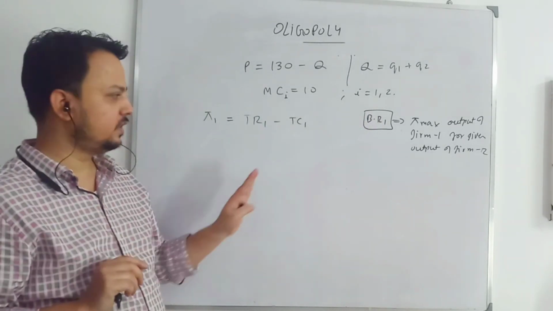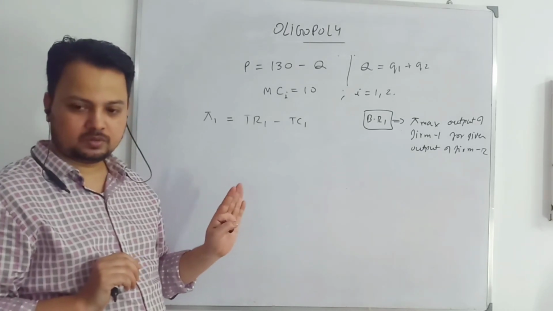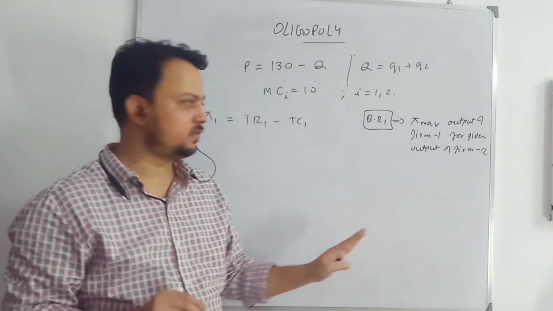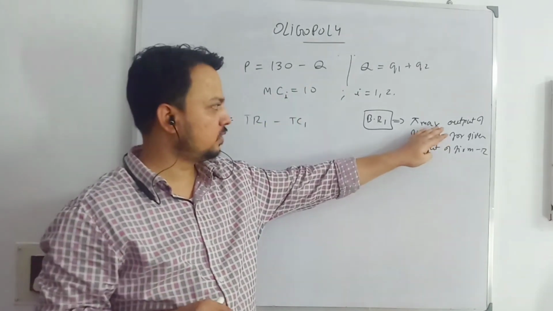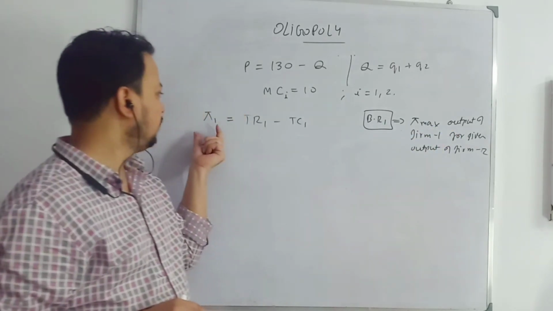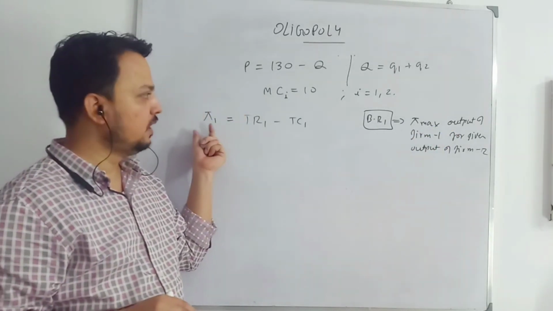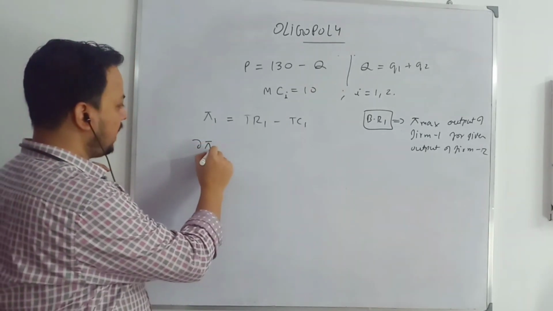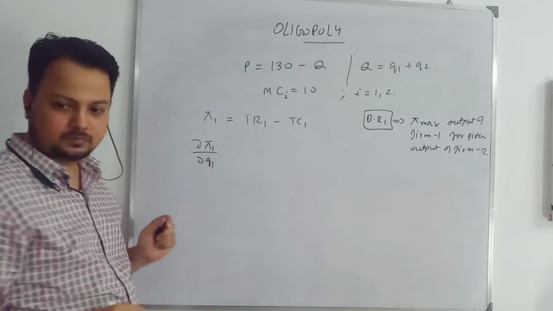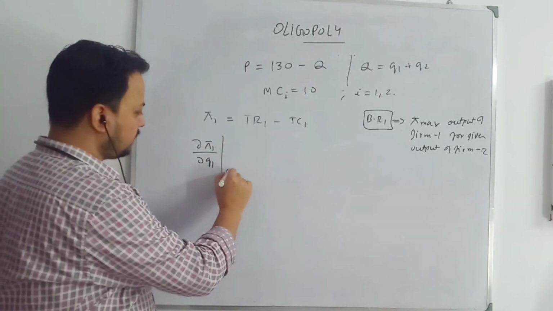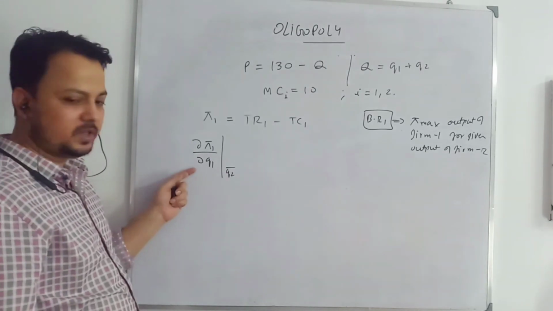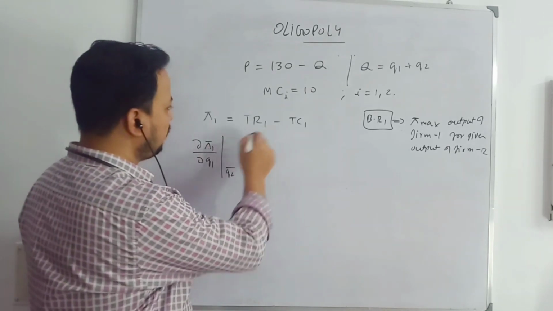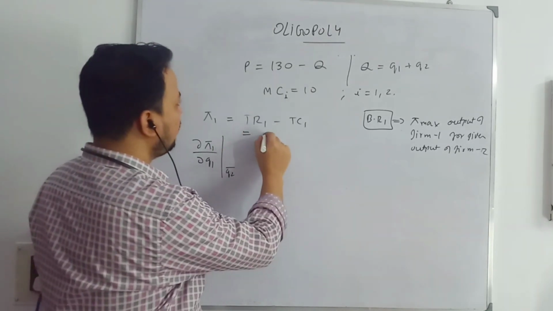For maximization, the first order condition must be equal to 0, and the second order condition must be less than 0. We don't need to check the second order condition, it will be satisfied. So we will only work with the first order condition. How will we maximize the profit? By taking the differentiation, partial derivative of pi 1 with respect to q1, keeping the output of firm 2 constant. I am using a partial derivative because we have 2 variables, and the other variable I keep constant. First, let me write the equation. What will be total revenue?